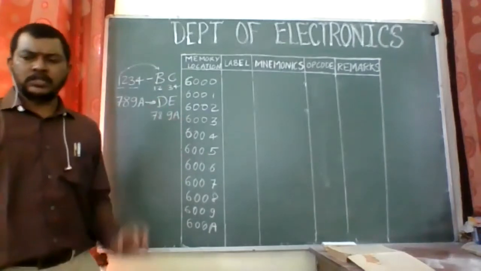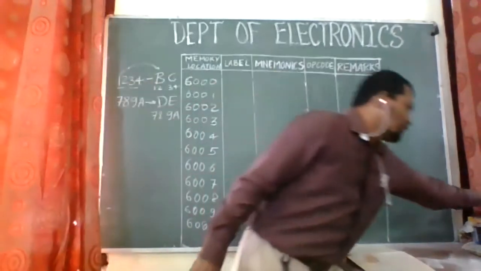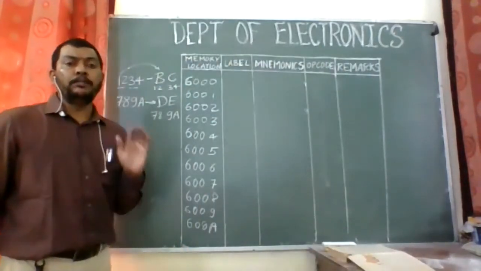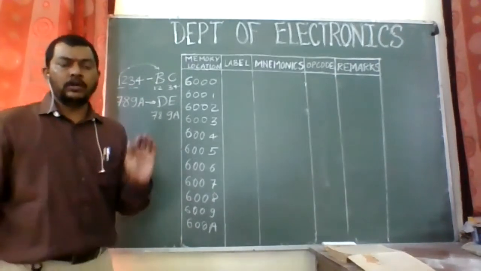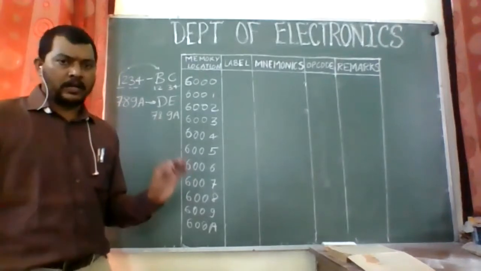हमको सबसे पहले, जब भी हम प्रोग्राम लिखते हैं, तो सिर्फ एक चीज समझना इंपॉर्टेंट होता है, और वो ये होता है कि actually what we are supposed to do in a program, what is the question, that is to be understood first. If you understand the question, then it is very easy to answer it, right?